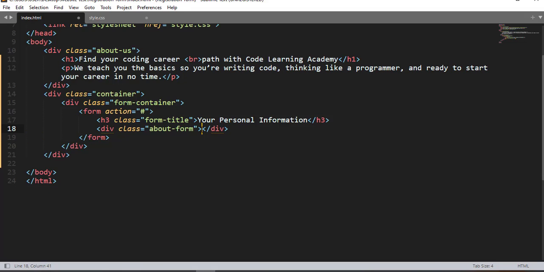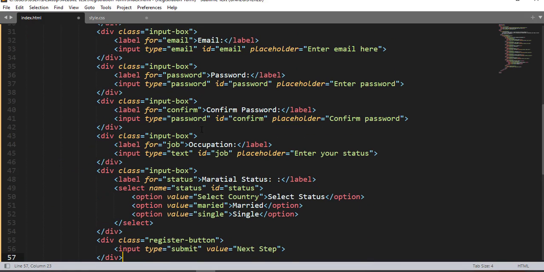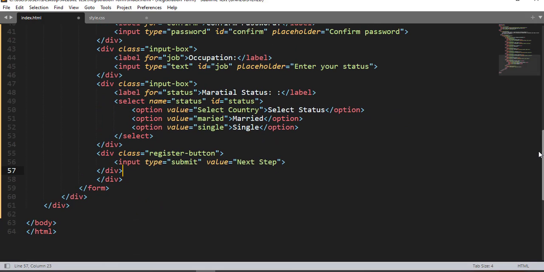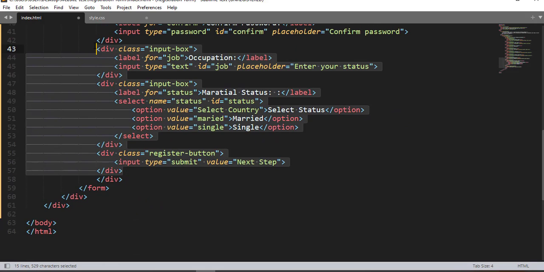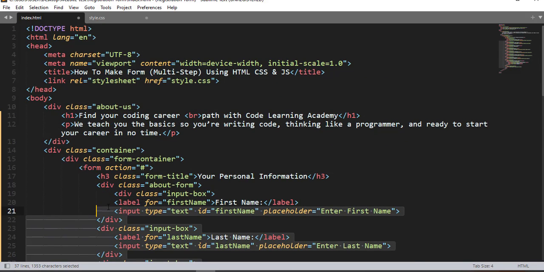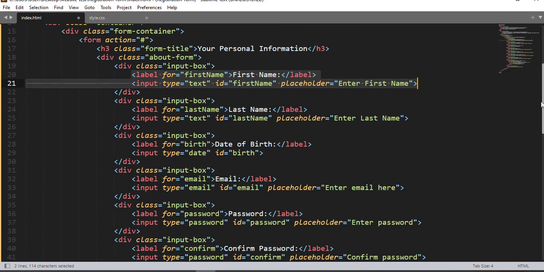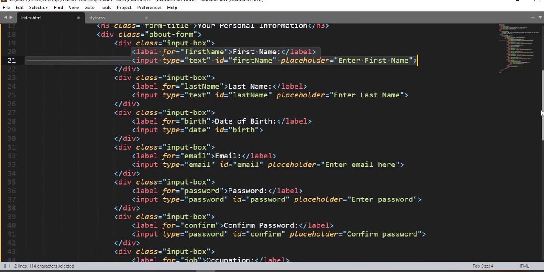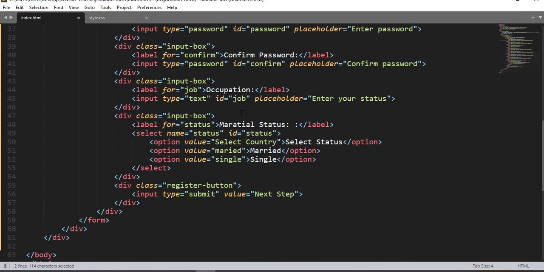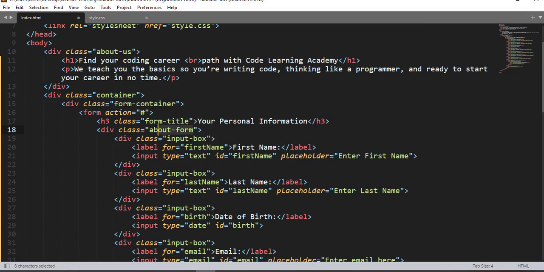So here we have. Now let me adjust the indentation. Alright, here we have. So now,